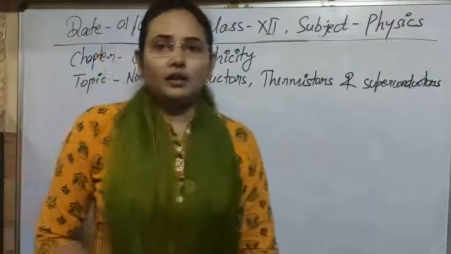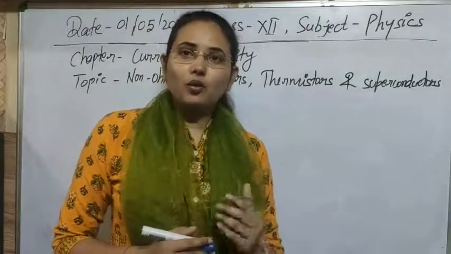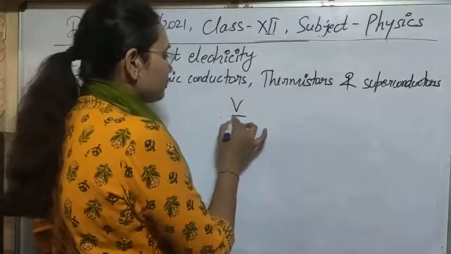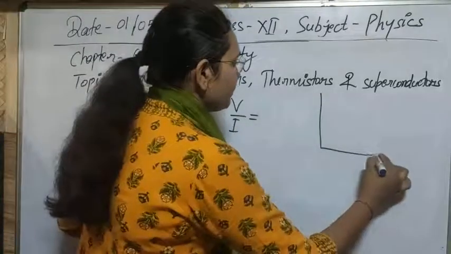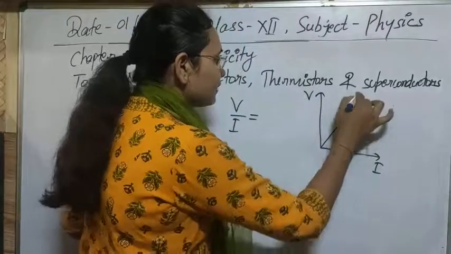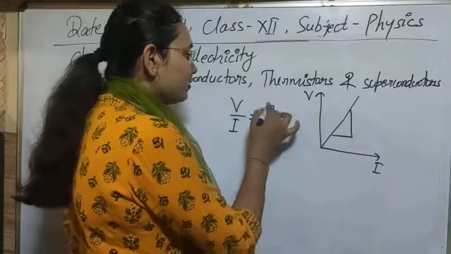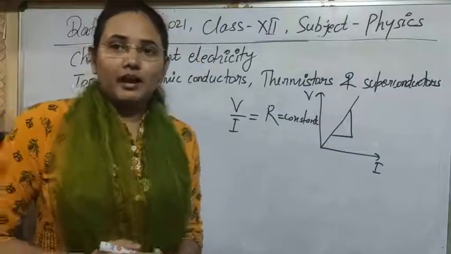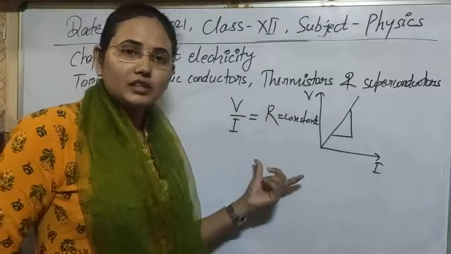Before going to the word non-ohmic, as previously we have discussed Ohm's law. For Ohm's law we have the relationship V is directly proportional to I, or if we take the slope of the VI curve, if you see the V and I curve, with I on one axis and V on the other, the curve is obtained like this, and if you take its slope, then this is a constant quantity. This is called the resistance of the device or the wire in which we are measuring the potential with the change in current.